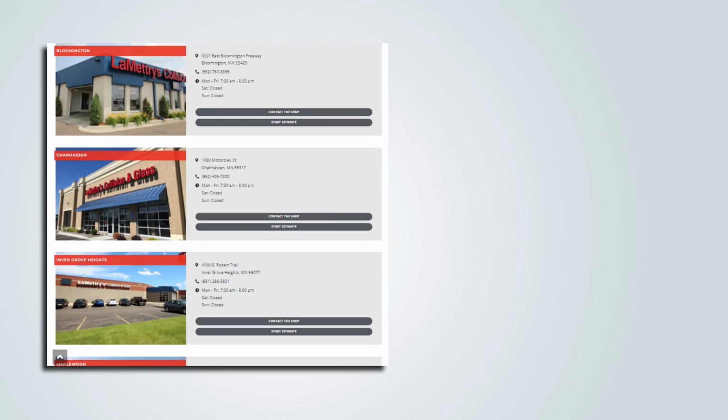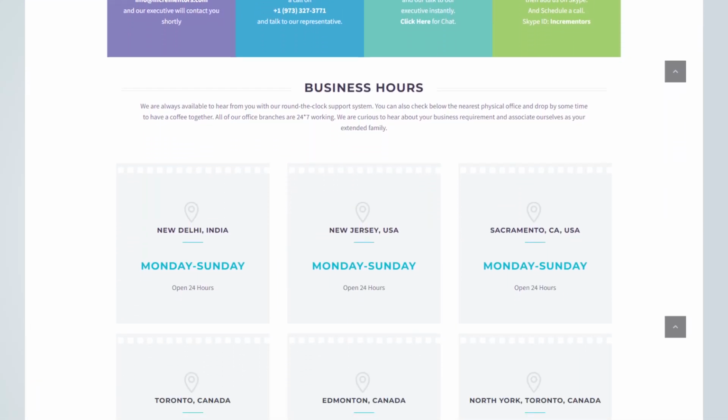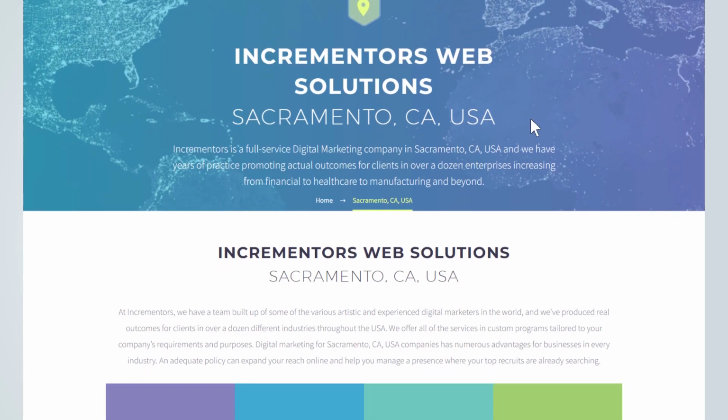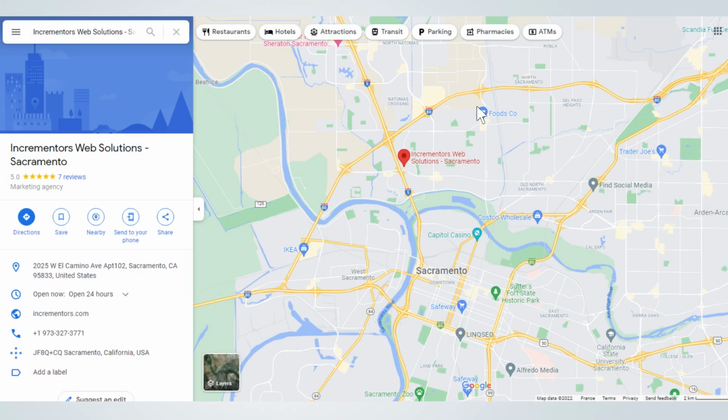Second is location pages. If you have multiple locations for your business, you need to make sure you have a separate location page on your website for each location, because that is going to act as a standalone local page for each location. And if you have multiple locations, you want to make sure that you have a GMB listing for each of those location pages. For instance, we have multiple locations, and for each GMB we have created a different location page. And when someone clicks on the website button on GMB, it takes them to that specific location page to make it highly specific for the users.